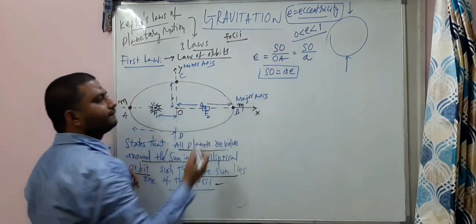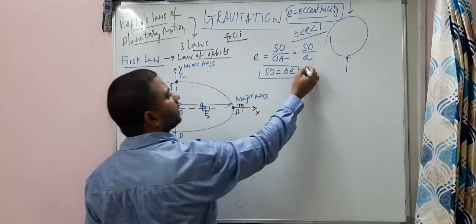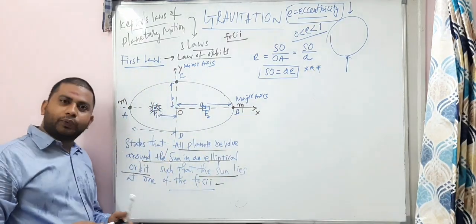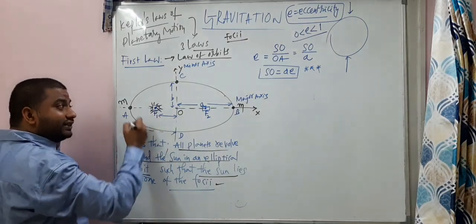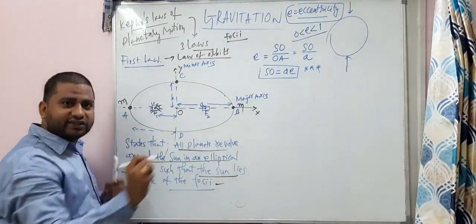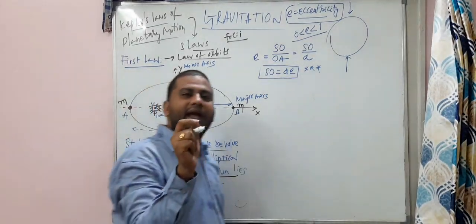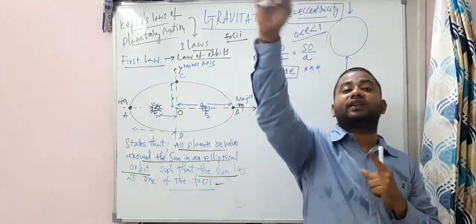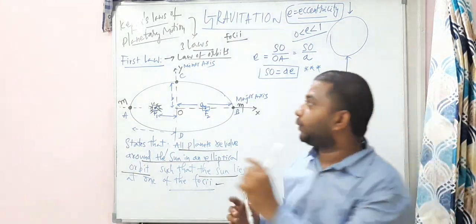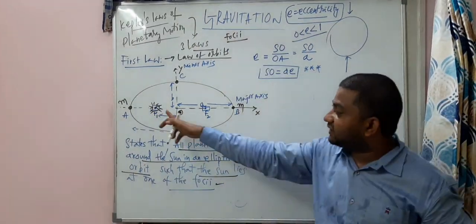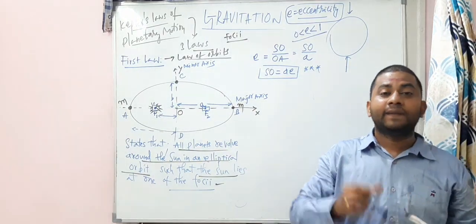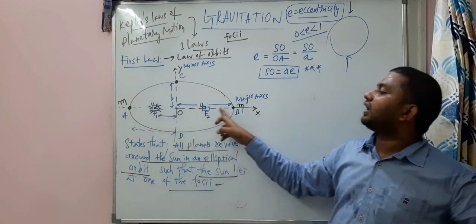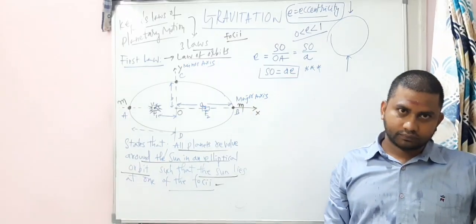Carefully observe, and keep it here. Coming to the point. During this planet's revolution around the sun, at some points the planet will be close to the sun, at some points the planet will be farther away from the sun. So let's consider the points A and B here, and this is the sun's location. At A, the planet is very close to the sun. At B, the planet is far away from the sun.